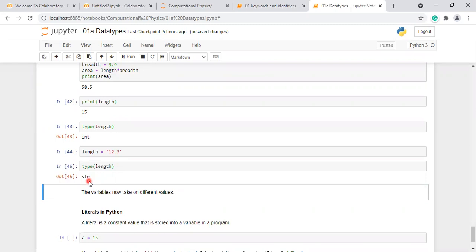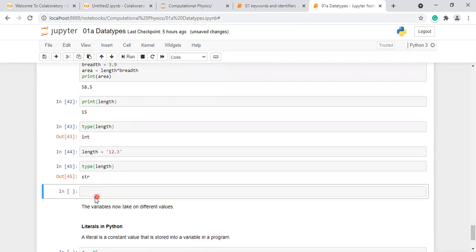Let us print length. It should print this value 12.3.